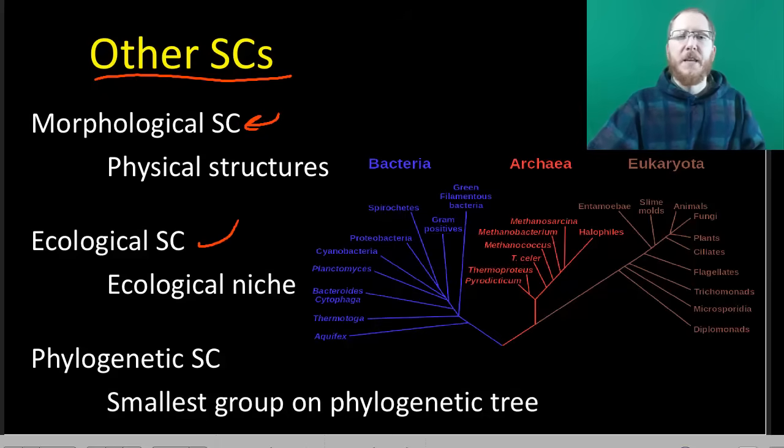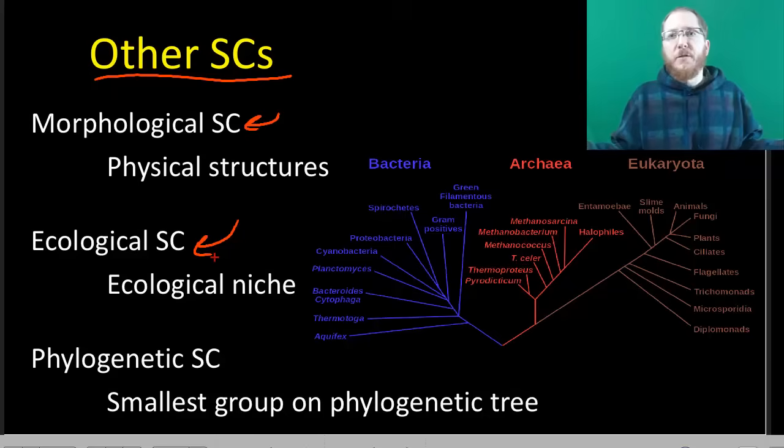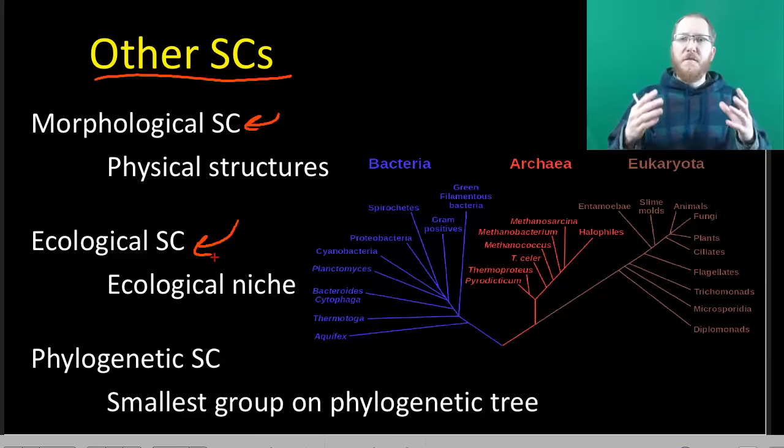Ecological tries to focus on what the organism does in its environment, its niche. So where it lives, what it eats, those types of characteristics, its role that it has. And if it has a different role, it pretty much says new species. So with Darwin's finches, this would work out well, where even if they looked fairly similar overall, in some cases,